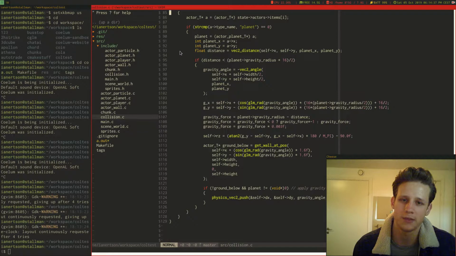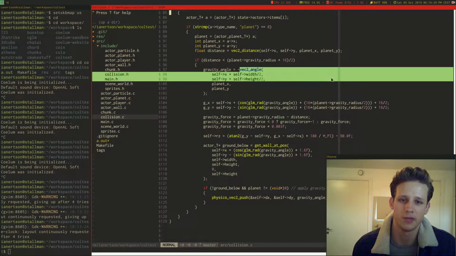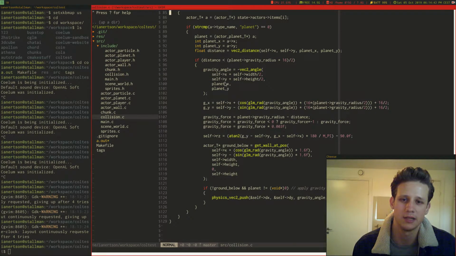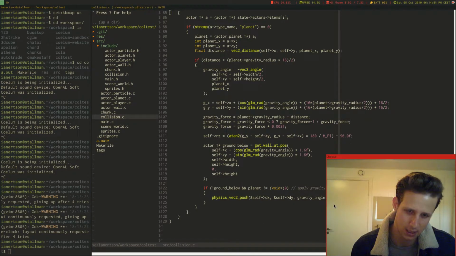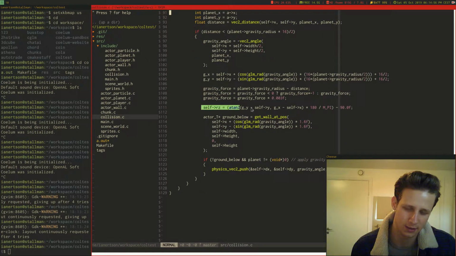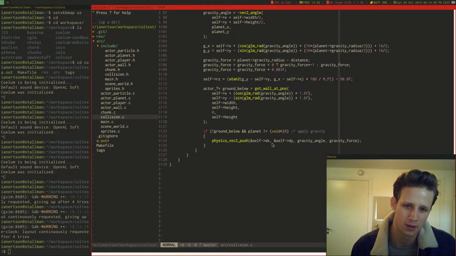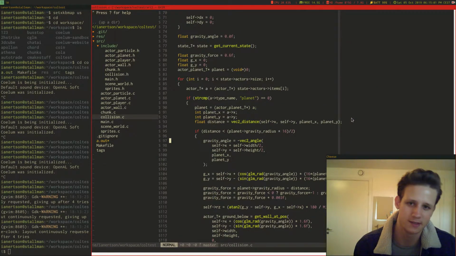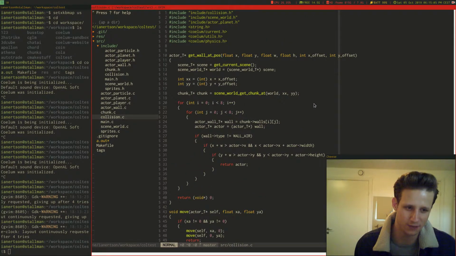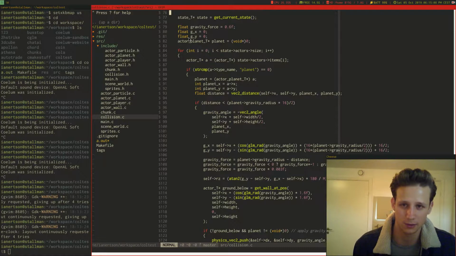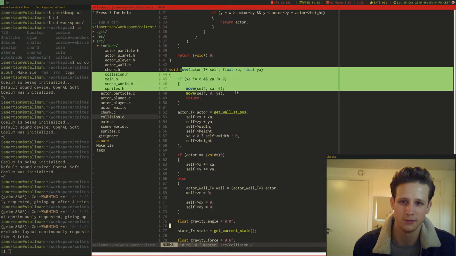Yeah, I'm getting the angle from the player in the planet center point, I guess, and then I calculate the end vector position, and I apply some force, and I rotate the player, yada yada yada. I've been spending a lot of time on this particular function, actually, the move function,